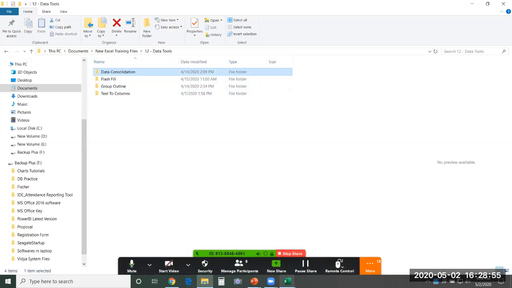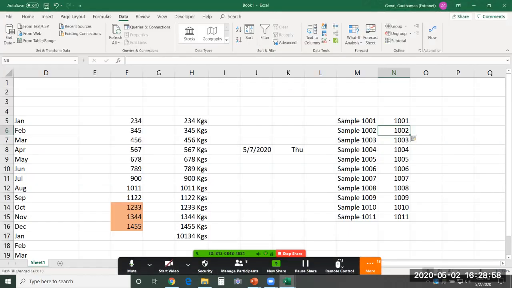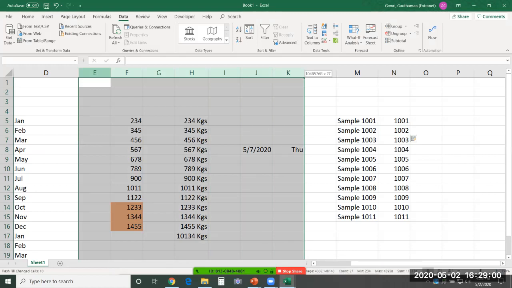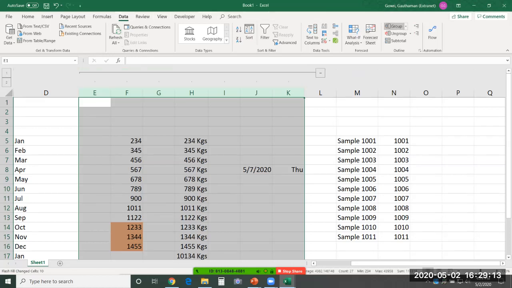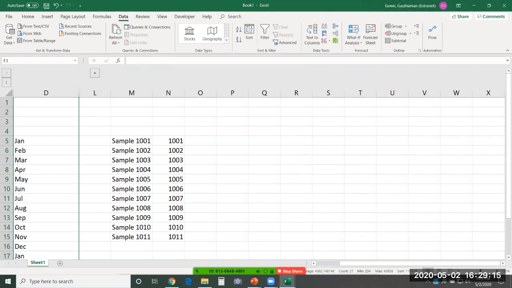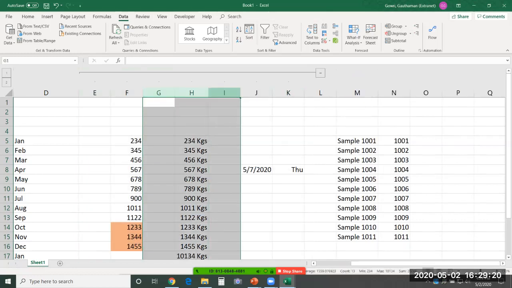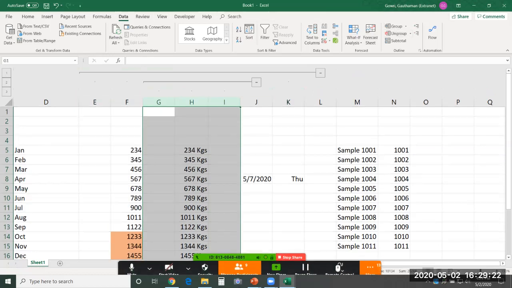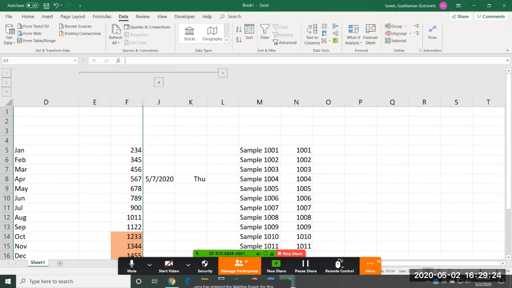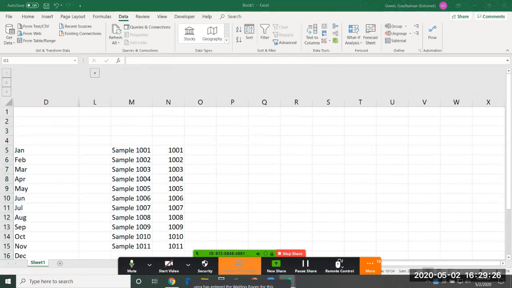So when I say grouping, it's like this. You would like to group these columns. Assuming you have very huge data and you want to group it accordingly, we'll use these grouping and ungrouping options. We have the same in the data tab here. If you just click on group, it lets you group like this. Within this group, again, I want to prepare another small group. So it lets me do such things. This option is really helpful to me.